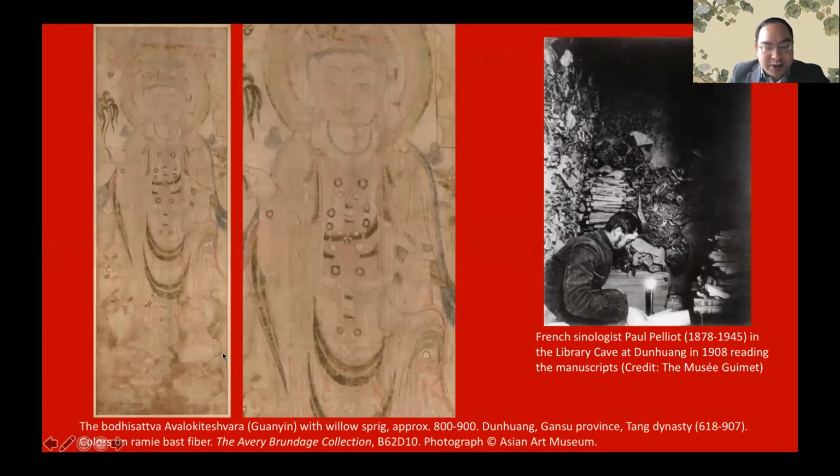This painting shown on the left, which was executed on ramie bast fiber, was discovered in the famous hidden trove of the Mogao Caves in 1900. French sinologist Paul Pelliot came to Dunhuang in 1908 and purchased 10 truckloads of manuscripts from this trove. After his death, his wife sold some paintings from this trip, and this painting ended up in the collection of